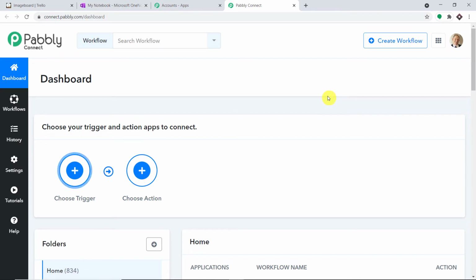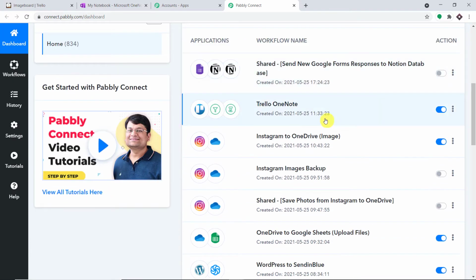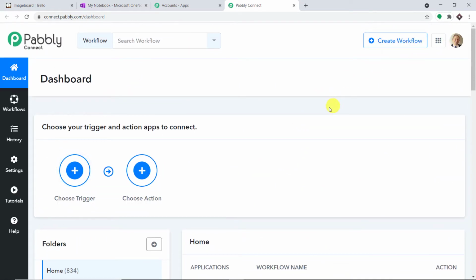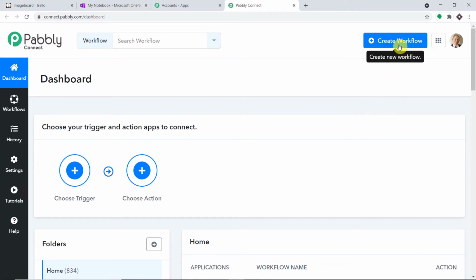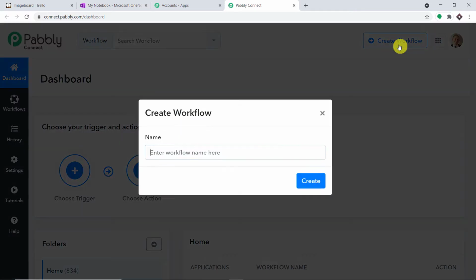Okay, so basically we are going to create a new workflow to integrate Trello and OneNote. Now before I create a new workflow, there is something I have to do. So as you can see, I have already integrated Trello and OneNote, and this is that workflow. I am switching off this workflow. The reason I'm switching off this workflow is since we are going to create a new workflow, this old workflow running in parallel to it will give the problem of duplication of result. Basically, for the same card created in Trello, there will be two or three data in OneNote. So that is why I have switched off this workflow. It is actually none of your concern because we are going to start from scratch by clicking on create workflow.